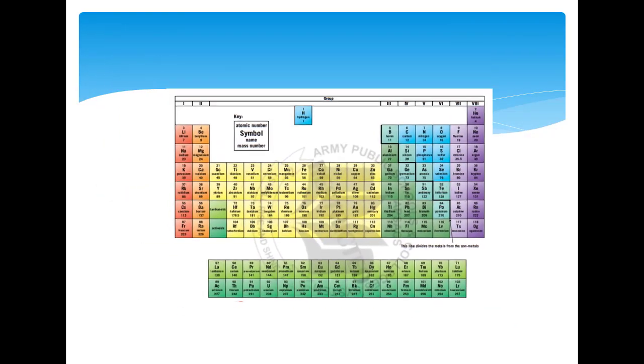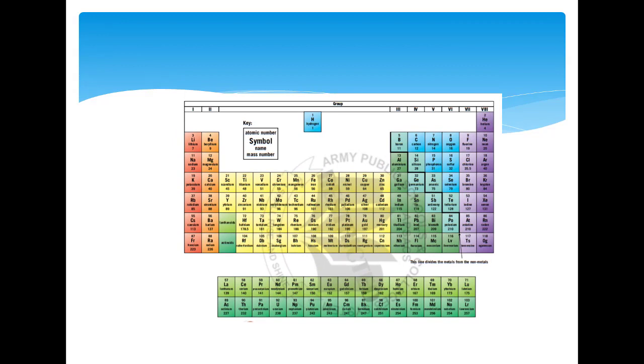This is the periodic table. If you see at the very top, it is written group, then 1, 2, 3, 4, 5, 6, 7 and 8. These are the groups. Hydrogen is shown outside as it does not belong to any group. Group 1 contains lithium, sodium, potassium, rubidium, cesium and so on. Group 2 contains beryllium, magnesium, calcium and so on. Then group 3 contains boron, group 4 carbon, group 5 nitrogen, group 6 oxygen, group 7 fluorine, and